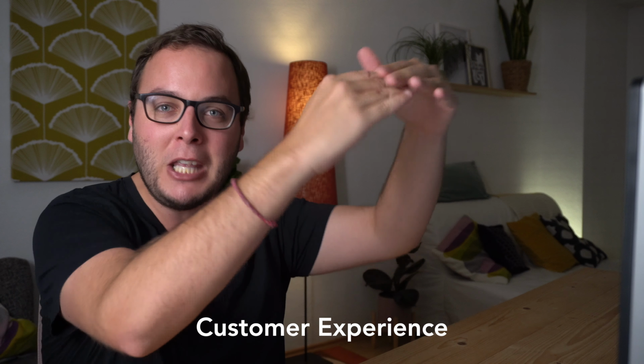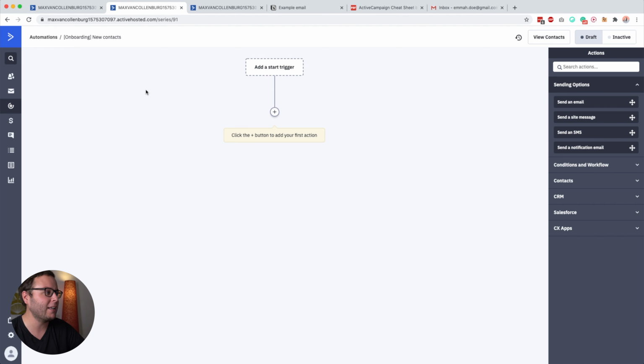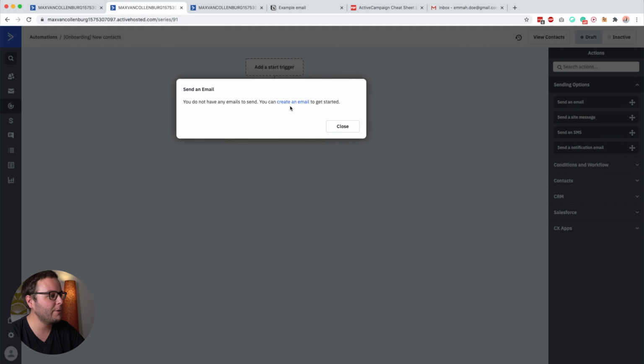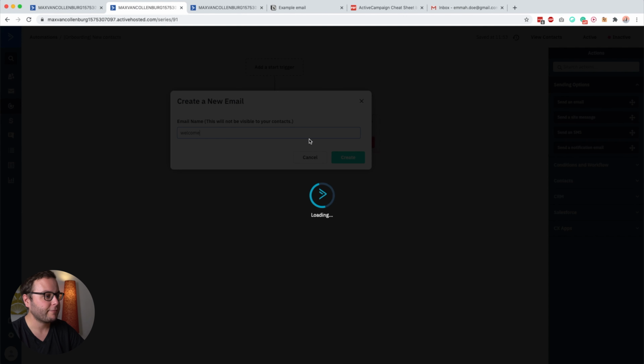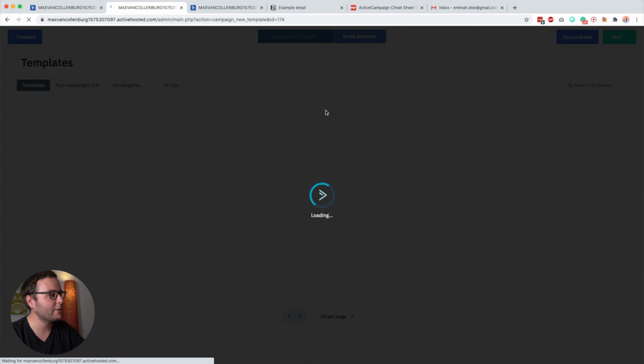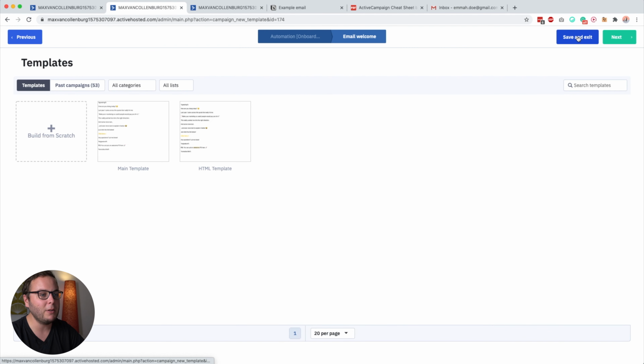What is really important and also so cool about marketing automation is that you can send people just newsletters, or you can create this pre-aligned customer experience of emails that will be sequenced and sent to people. Some people also call this dripping emails. So what we do is we add an email here, and then we just say something like welcome. So you have to think this through, obviously. So here we say welcome, and then you can add your email, write something really nice in there for people that are new on your list. So here I click save and exit for now.